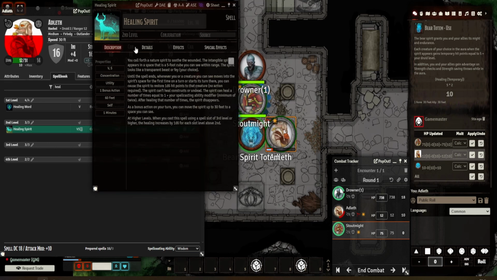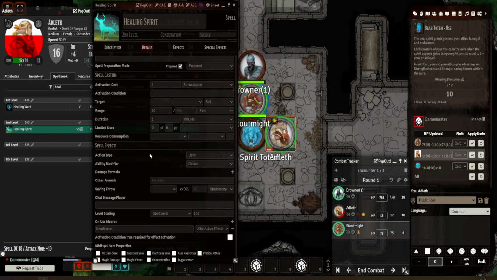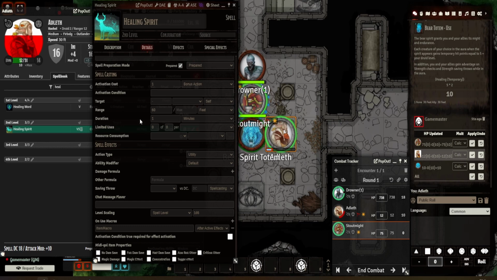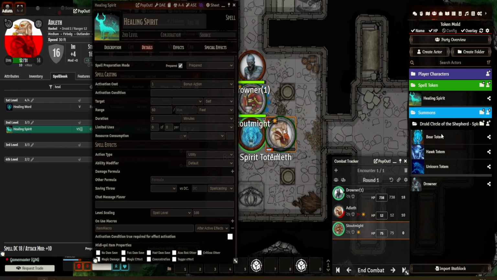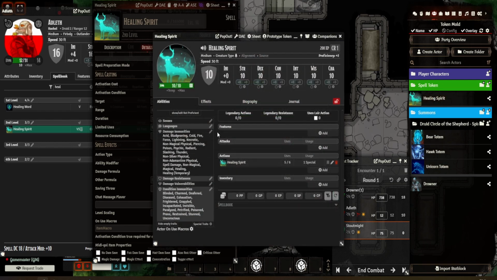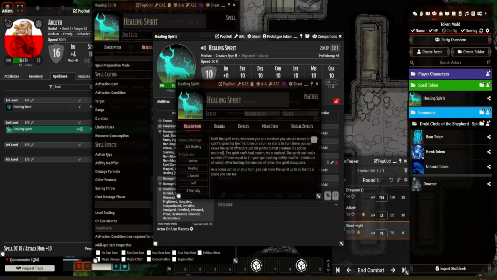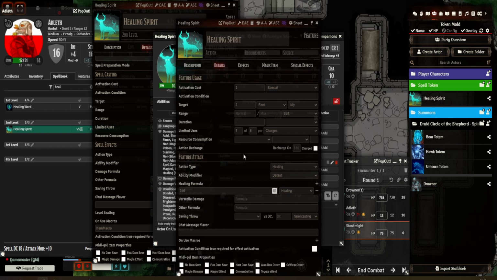So Healing Spirit details. It is target itself, 60. Most of this doesn't particularly matter, it's just for the macro. Macro is item effect, and nothing on here. And similar to the bear one, you need to make sure you have a token called Healing Spirit. So that has to be called exactly that, and it has an effect on here. Probably done this with the bear one, but this has the ability to cast on here, and this has all